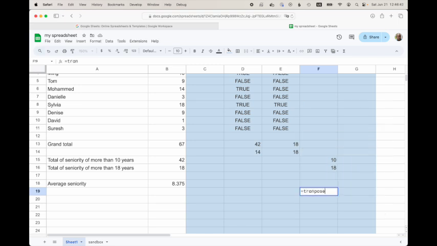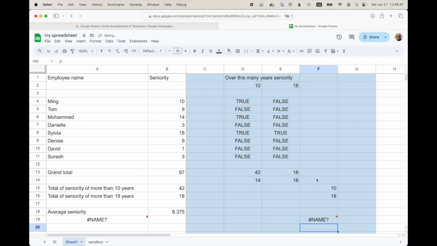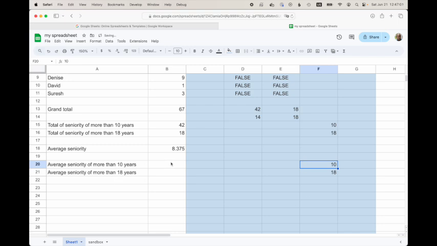We're going to transpose our number of years, which will then appear here, and all we need to do now is get the actual information. So we're going to transpose C14 to F14, and now we have a nice little